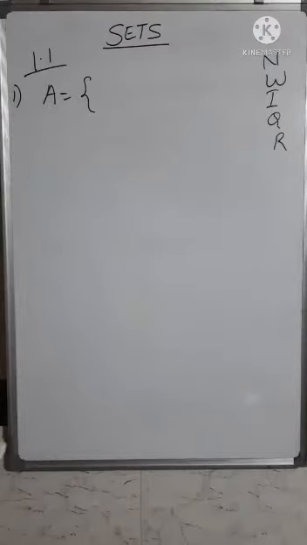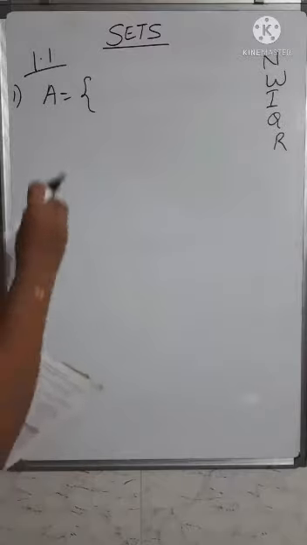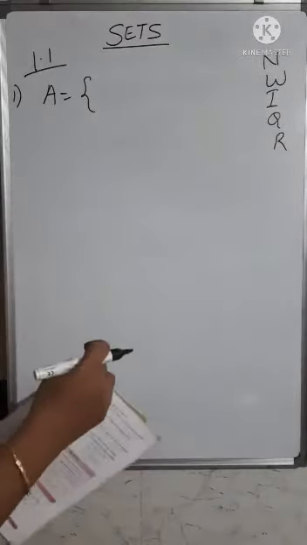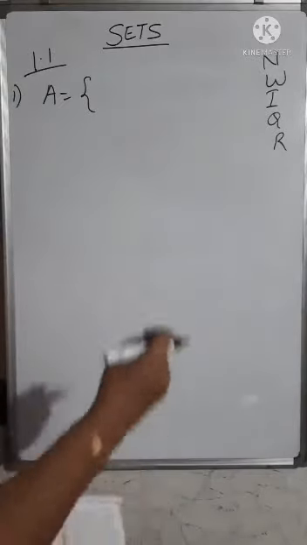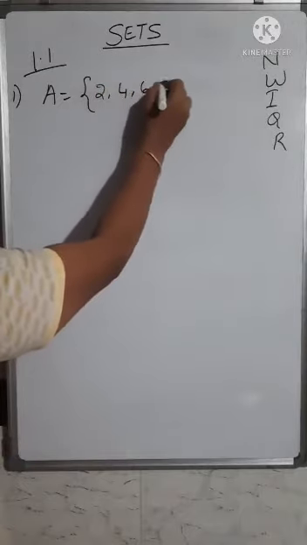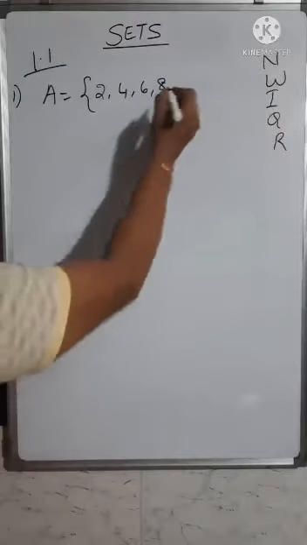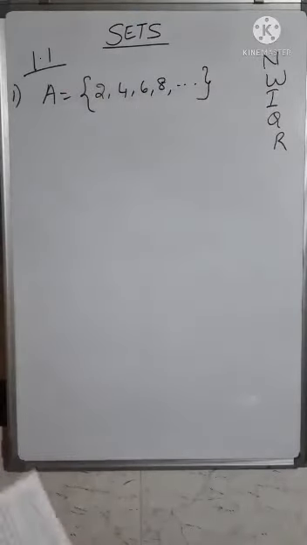Since here they have not given the complete set of even numbers, only the set of even natural numbers, how do you write it in the listing method? When you write it in the listing method, you have to write down all the even natural numbers. So even natural numbers will be 2, 4, 6, 8. Further, they have not given any limit for that, so just put 3 dots and close the bracket. This is how you write the set of even natural numbers.